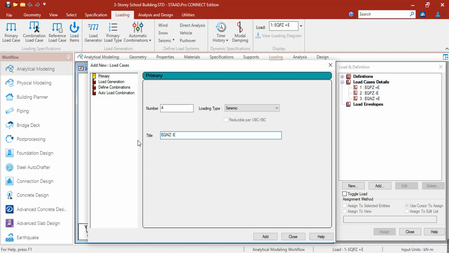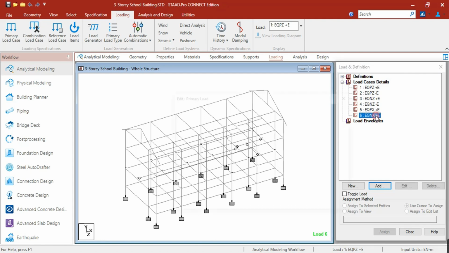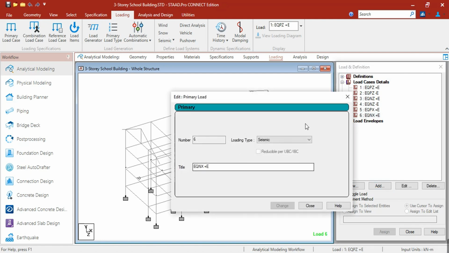EQNZ negative Z, EQPX plus E, EQNX plus E, then E, oh no, that's this also, negative positive X, then negative E.